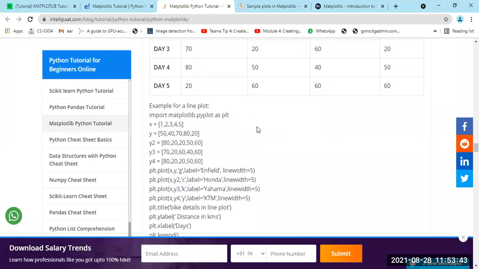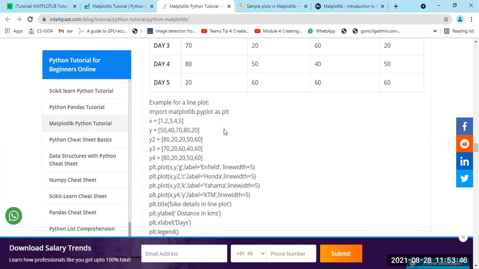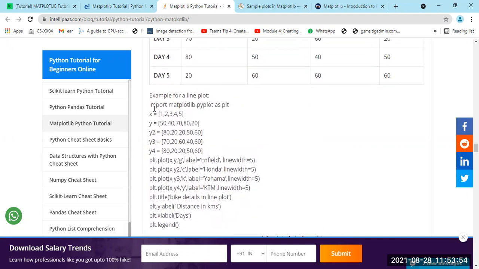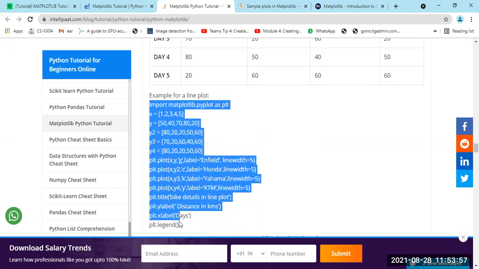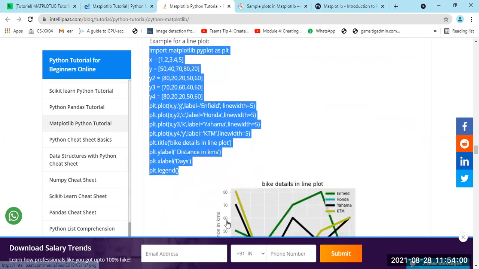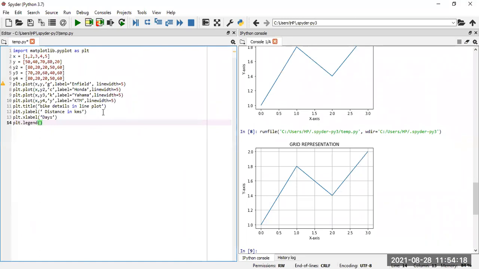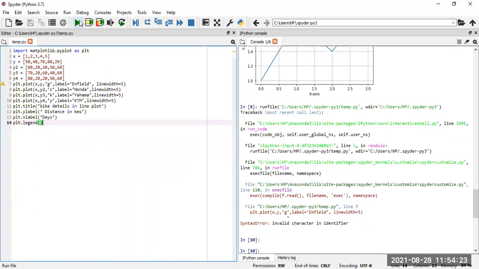Now we are trying to plot all the things, right? All the labels, the line width, all the things can be measured and written here, and we can put the values. So let us check the output for this particular code. Okay, so the code is here. I am going to run the code, and first we will check the output.